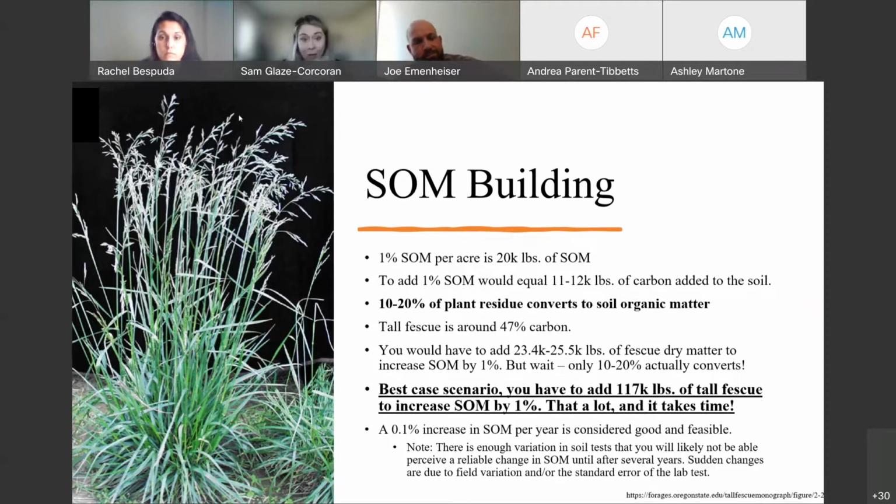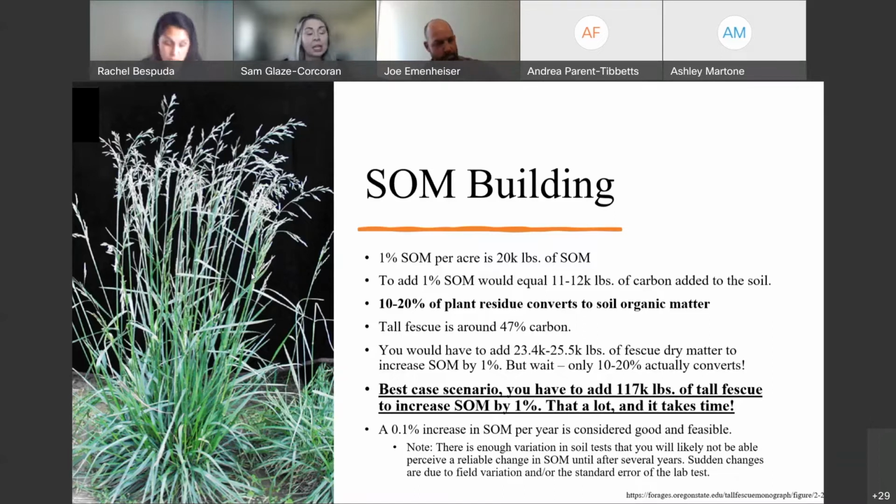But if you plug in some assumptions, if you wanted to increase soil organic matter by 1%, that would be equivalent to adding in 20,000 pounds of soil organic matter. We can do some math and convert that into carbon because it's a little bit easier to do the math with carbon. And that's equal to about 11 to 12,000 pounds of carbon that you would have to add to